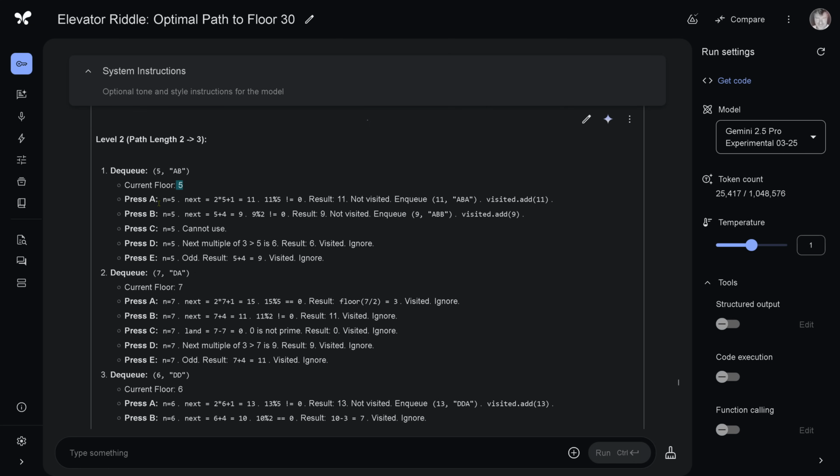So we're in floor number 5, and now we press all the buttons A, B, C, D, E. What happens? A, not visited, so we enqueue now 11, since we're in floor 11, and we have already A and B. And now we press A, so we have now the concatenated string ABA, correct? B, 9, not visited, so we enqueue now 9, since we're on floor number 9. We started with AB, we have now the button press B, and we're enqueuing now ABB. When we add this to the visited floor, C, cannot use, D, ignore, E, ignore. So we have now an 11 ABA and a 9 ABB,